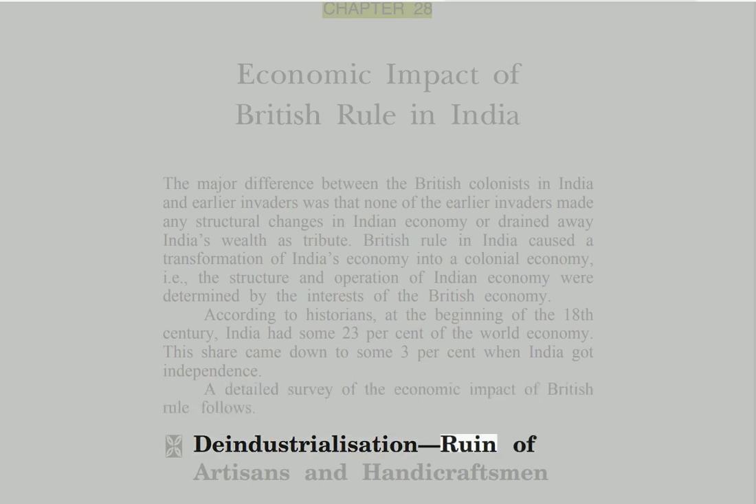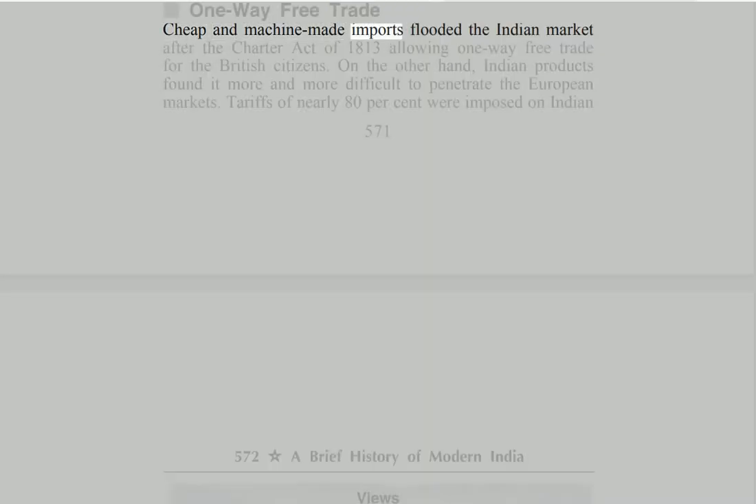Deindustrialization, ruin of artisans and handicraftsmen. One-way free trade: cheap and machine-made imports flooded the Indian market after the Charter Act of 1813 allowing one-way free trade for the British citizens. On the other hand, Indian products found it more and more difficult to penetrate the European markets. Tariffs of nearly 80% were imposed on Indian